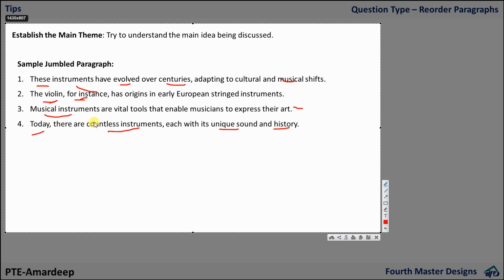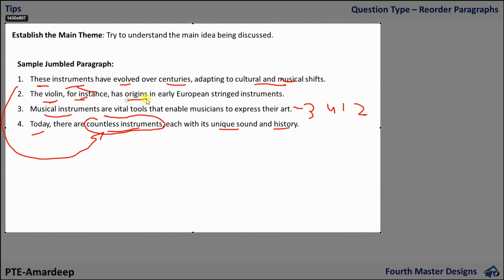Then after this, I need to now find second one. These instruments. So where they have talked about instruments here, they have talked about countless instruments here. So these means plural, so it is referring to this one here. Okay, so mine is going to be 3 4 1, and then I'm left with 2. Now let's see whether 2 is logical after first or not. These instruments have evolved over centuries, adapting to cultural and musical shifts. The violin, for instance, has origins in earlier European stringed instruments. Okay, so I can't find a direct relation here, but I'm sure 3 4 1 2, and maybe,